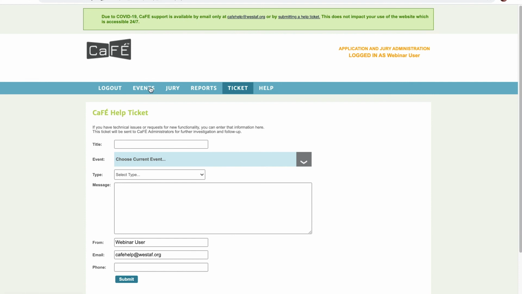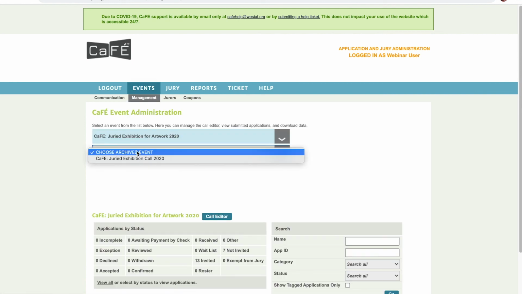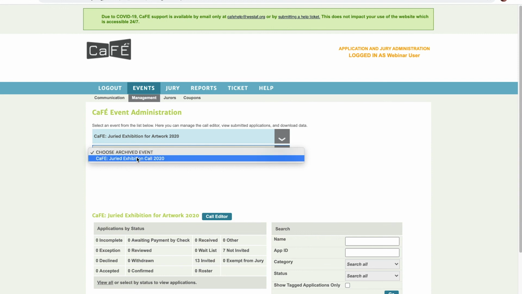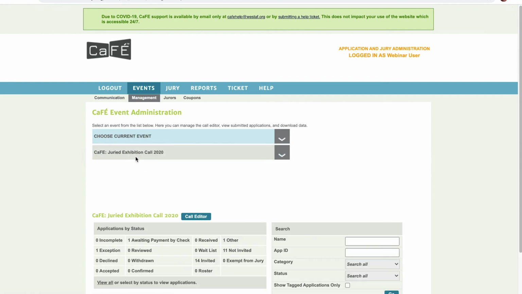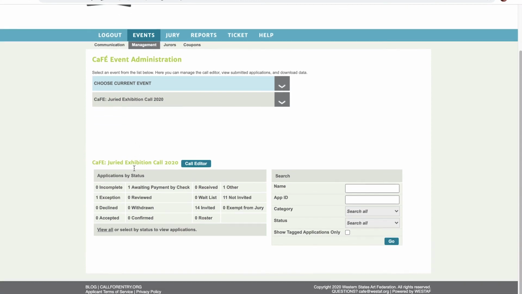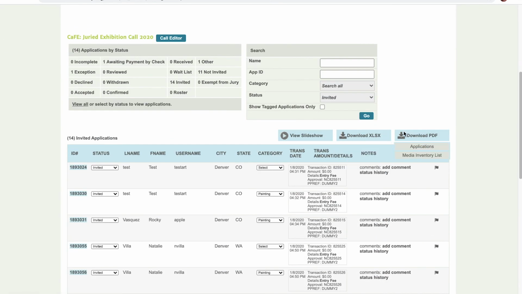Archiving here, once we've done it, you'll see it under the archived event list. And the thing about archiving is that you can still access some of the data and the information from the call after you've archived it. There's something that you should keep in mind, which I'll go over. So to see your archived call, you can choose it from this drop-down menu here, and it'll load the same information. It'll load the same table. This is a different call, obviously, but it has everything where I left it. You can still download any of the reports or the spreadsheets.